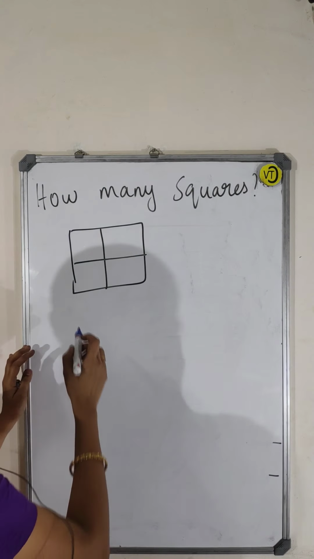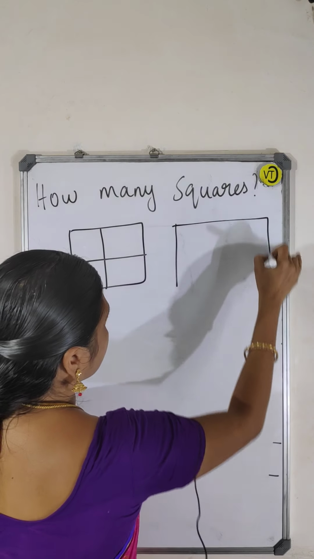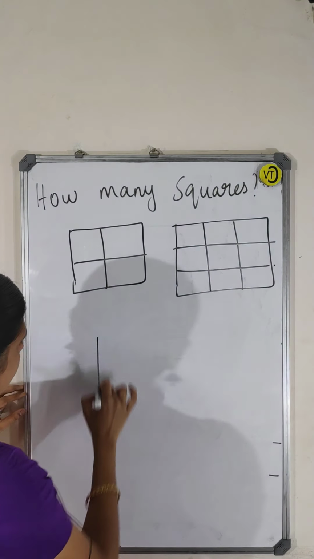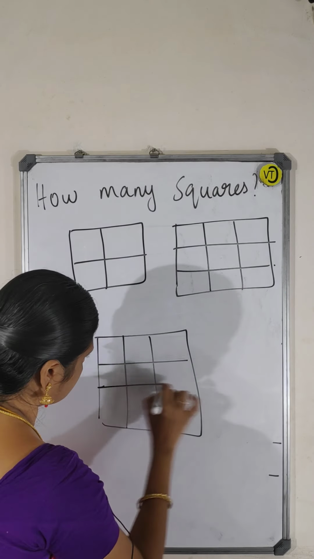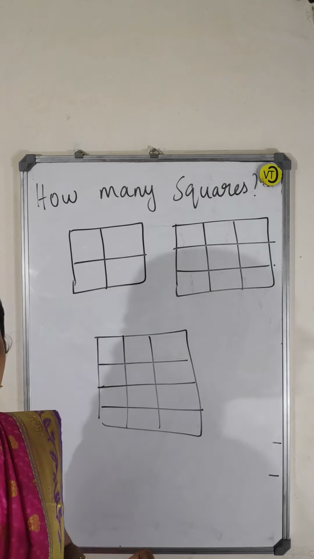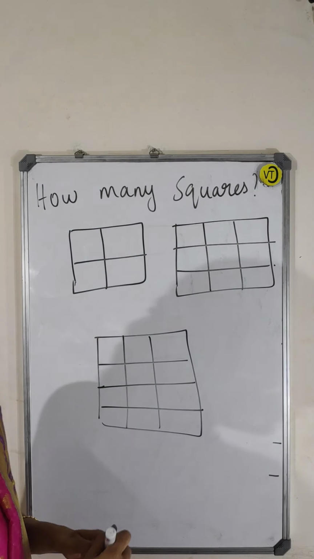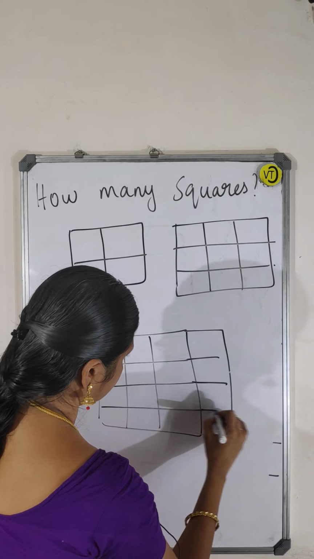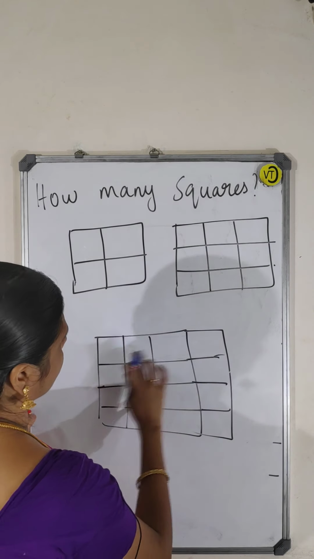How I am getting it, listen here. This is a square. Again this is a square. Again this is a square. Square in the sense of 2 cross 2, 3 cross 3, this way I am telling. Again this is 4 cross 4 I am making. 1, 2, 3, 4. Yeah, fine.